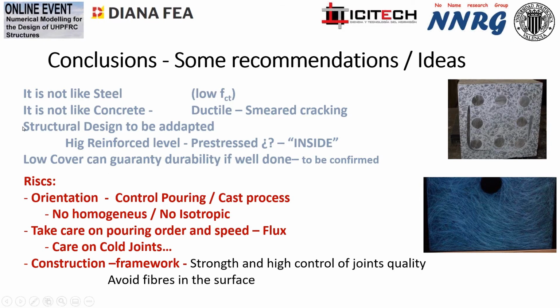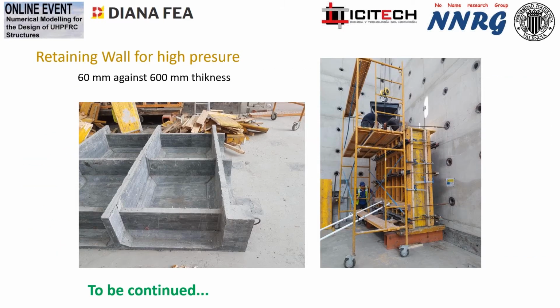Think in the properties, think in highly reinforced elements or non-reinforced shells, and usually this material works very well as pre-stressed in order to take all the capacity in compression. You must guarantee good pouring control in order to guarantee a good orientation. Orientation will happen, but if you do it well, orientation will be a good ally for you. The material is not homogeneous, is not isotropic, but you can control that. Okay, then of course control the pouring, avoid cold joints, or reinforce those cold joints with rebar. Okay, we did other